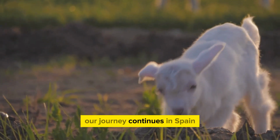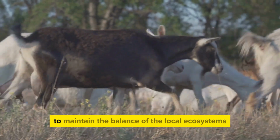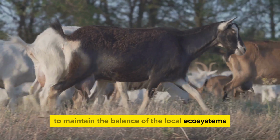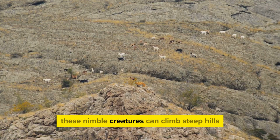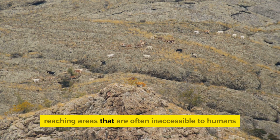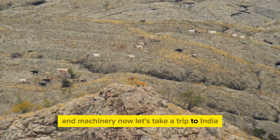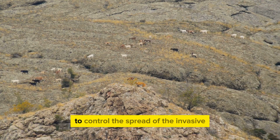Our journey continues in Spain, where the Andalusian mountain goats have been used for centuries to maintain the balance of the local ecosystems. These nimble creatures can climb steep hills and navigate rocky terrains, reaching areas that are often inaccessible to humans and machinery. Now let's take a trip to India, where goats have been used to control the spread